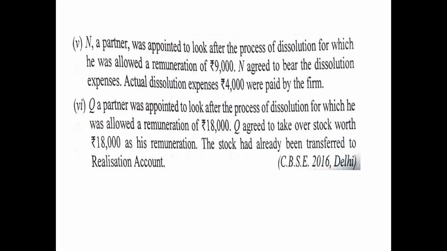Now the firm will give only 5,000. So in this case, realization account will be debited by rupees 9,000. Then to N's capital rupees 5,000 because he was supposed to bear it but he didn't bear it. And to cash or bank account 4,000 because this is basically paid by the firm